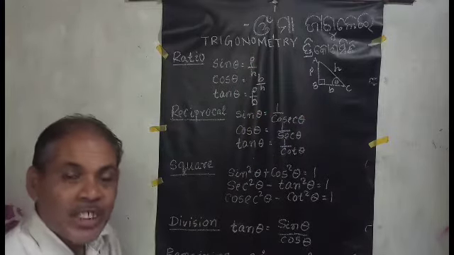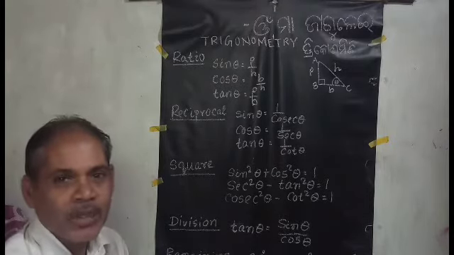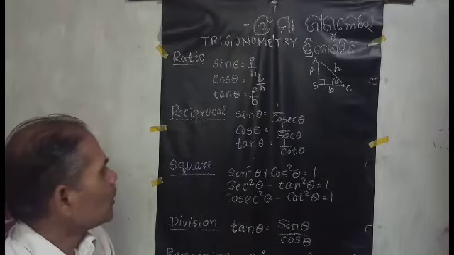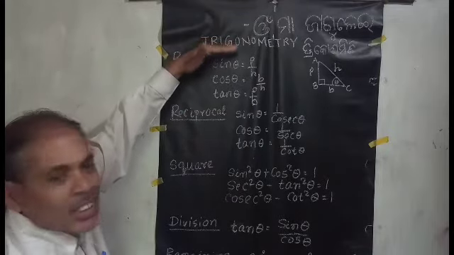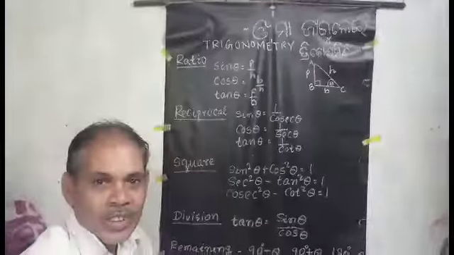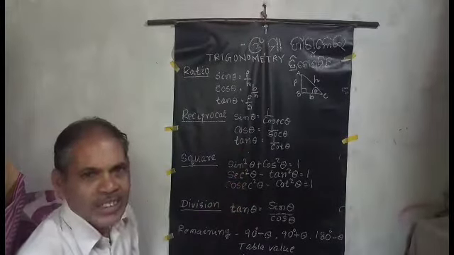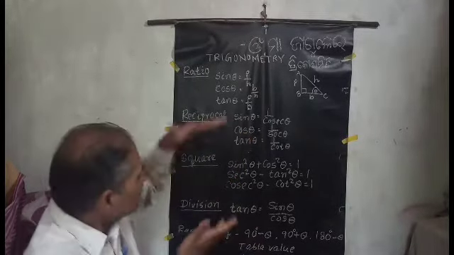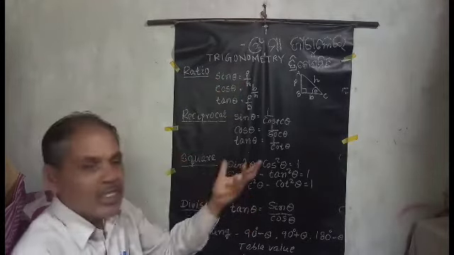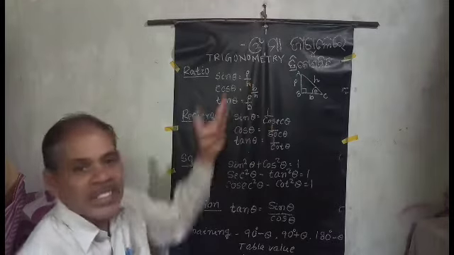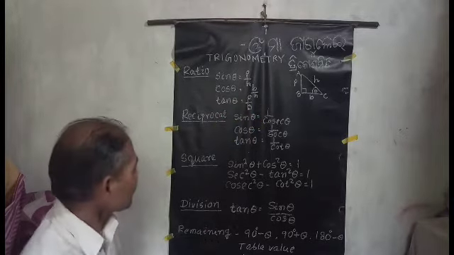Students, there are a number of formulas in trigonometry, but I will give you the minimum set of formulas. This is the set of formulas you should remember. It is cumbersome to remember so many formulas, so I will give you the concise, precise, minimum formulas. Sin theta is P by H, and you automatically say cosec theta is H by P, sec theta is H by B, cot theta is B by P. These are the reciprocal side.